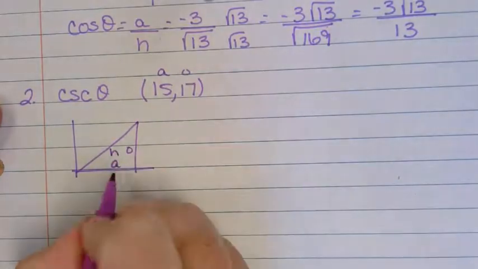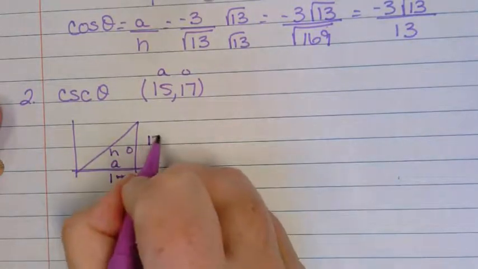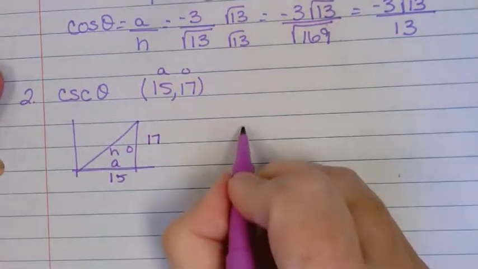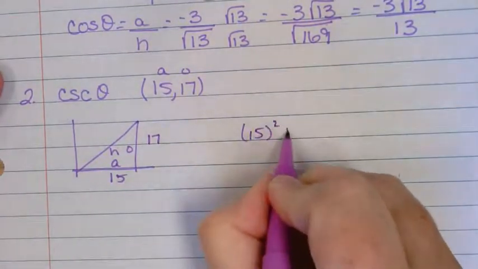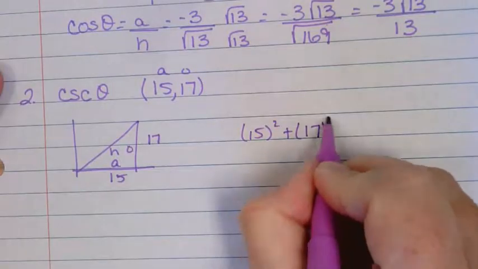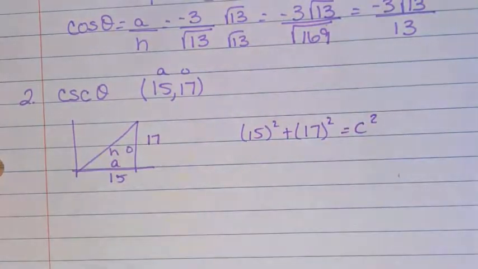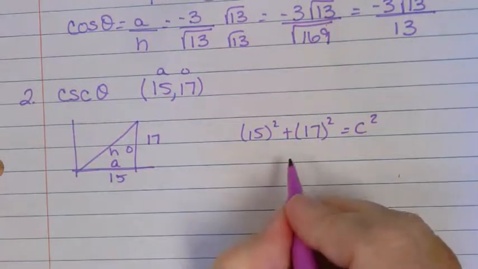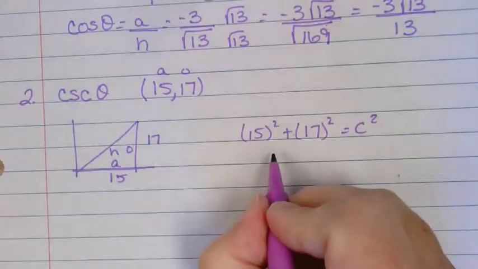AOH, so 15, 17. Pythagorean theorem, 15 squared plus 17 squared equals c squared. Okay, some of you put this on the calculator. Plus 17 squared is 514